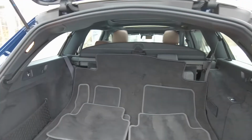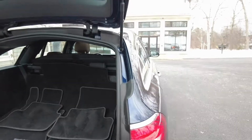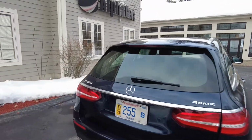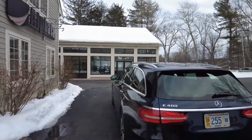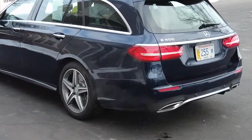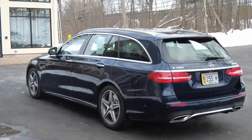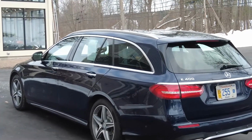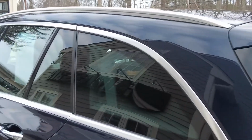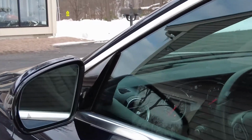It takes a moment. As you can see, I just unfolded them, and you can fold them back just as quickly. Power tailgate. And do look at the lines. It truly is a statement. This does not look like a station wagon. It is a sports wagon. It is an estate wagon with a lot of safety features